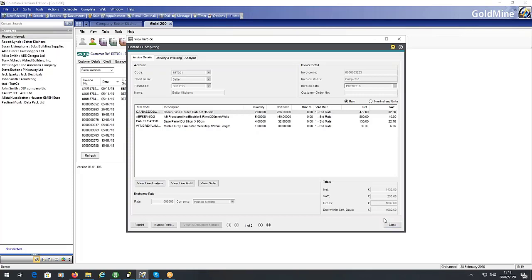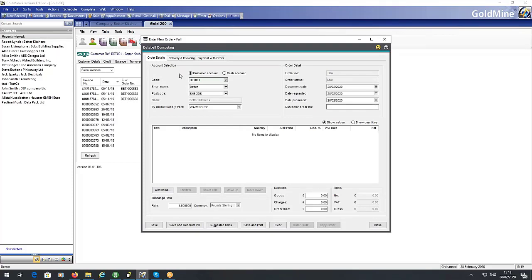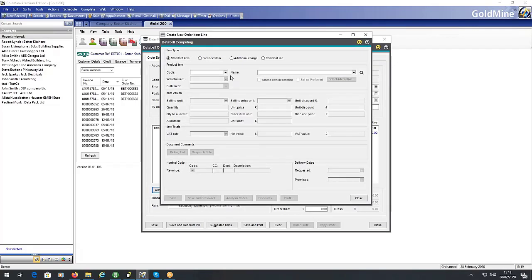So if I close this window down and then click on the SOP button on my Gold 200 tab, that allows me to create a new order. The actual order entry screen is identical to Sage 200, so no retraining needed. If you know the way Sage 200 works, Gold 200 is going to work in an identical way. So I'm creating a new order. I've selected a product, selected a quantity, save that,